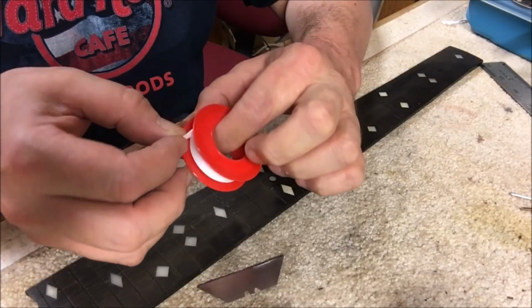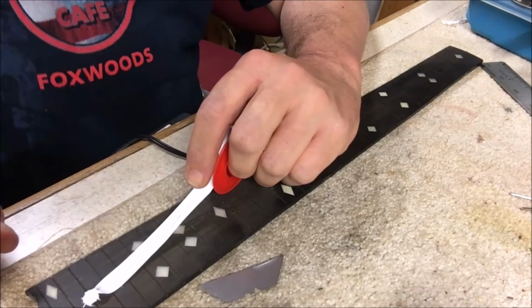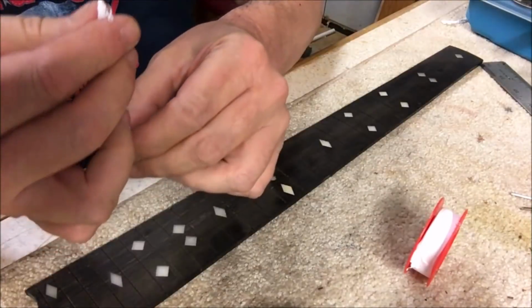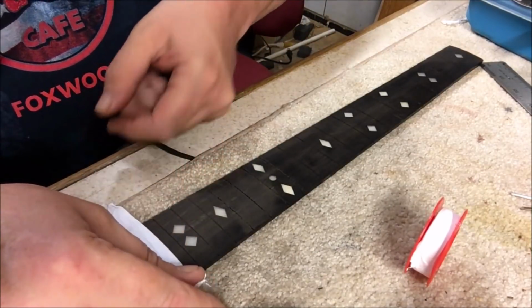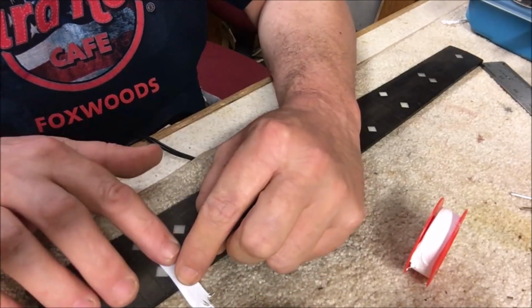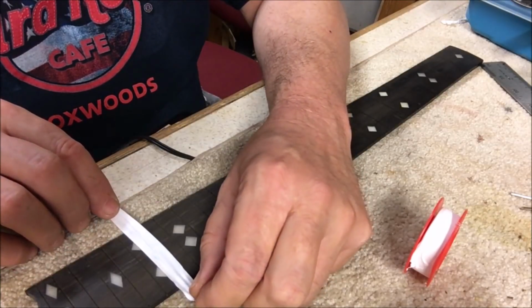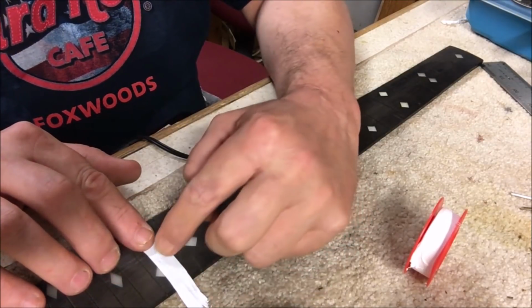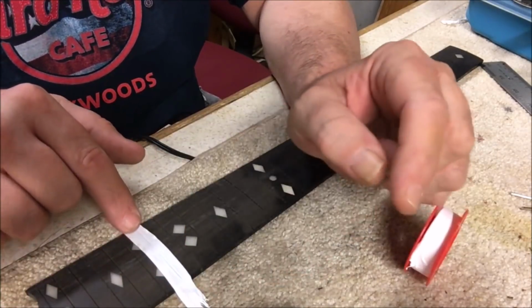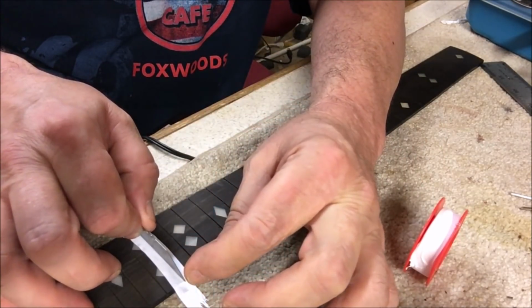Take your Teflon tape, just tear off a piece, and lay it over your fret. See where I'm going with this? Flatten it out over your fret slot. And once you rub it with your finger, you can see the fret slot through the Teflon tape. Take your razor blade, find your fret slot,